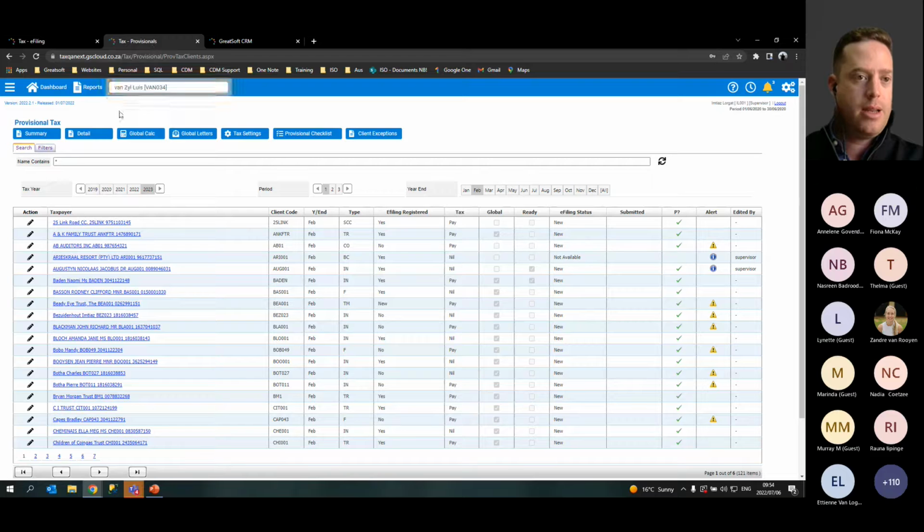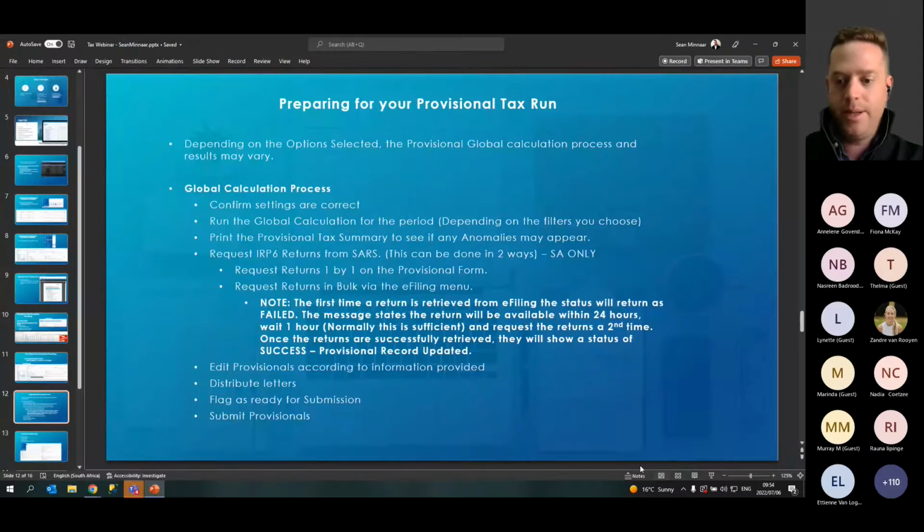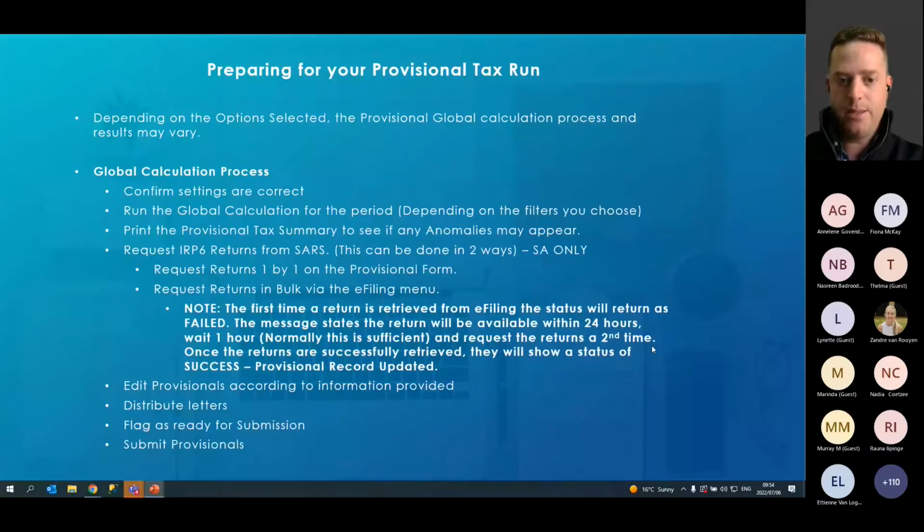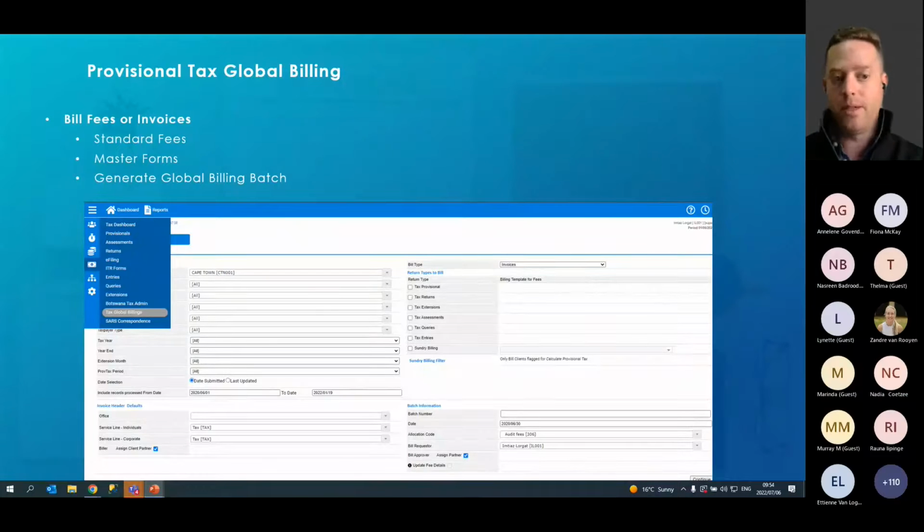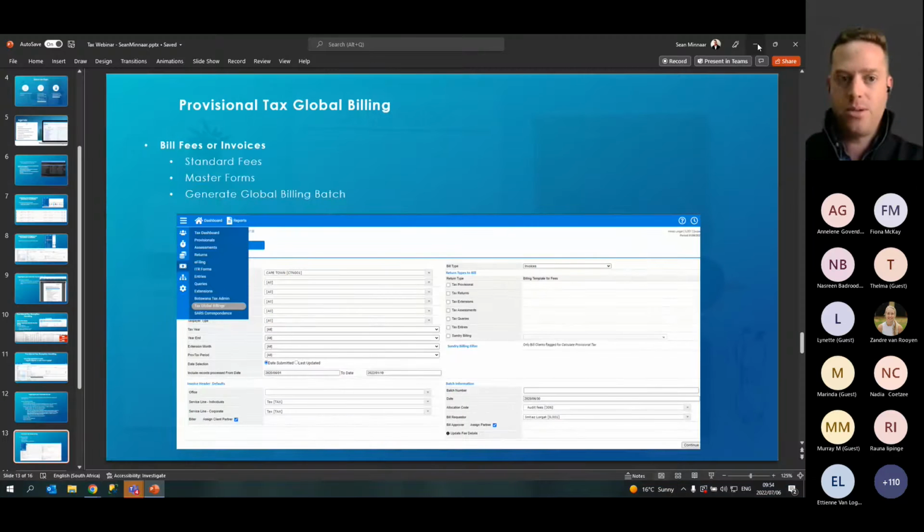So clients that make use of our provisional global billing, we have the ability to actually produce invoices out of GreatSoft. So inside the provisional, you will notice that when we did the calculation, you allocate a fee and an amount, and it will then allow you to submit those provisionals as well as generate invoices from them. So how do we do that? We can navigate to our